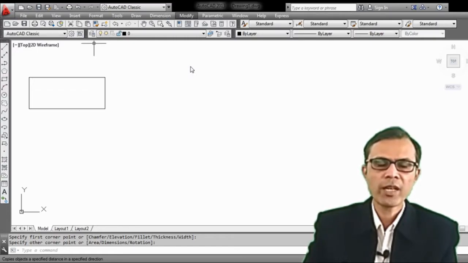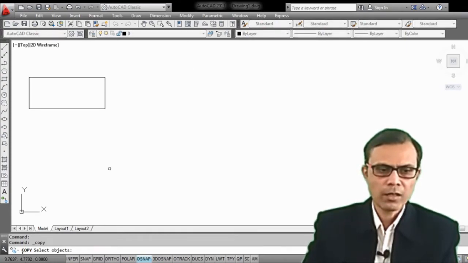So let's operate this copy command. Here in command line you can see the instruction. It is necessary to follow the instruction shown in this command line. You can also give the command by typing, or you can give the command by operating this menu bar. So select the object.